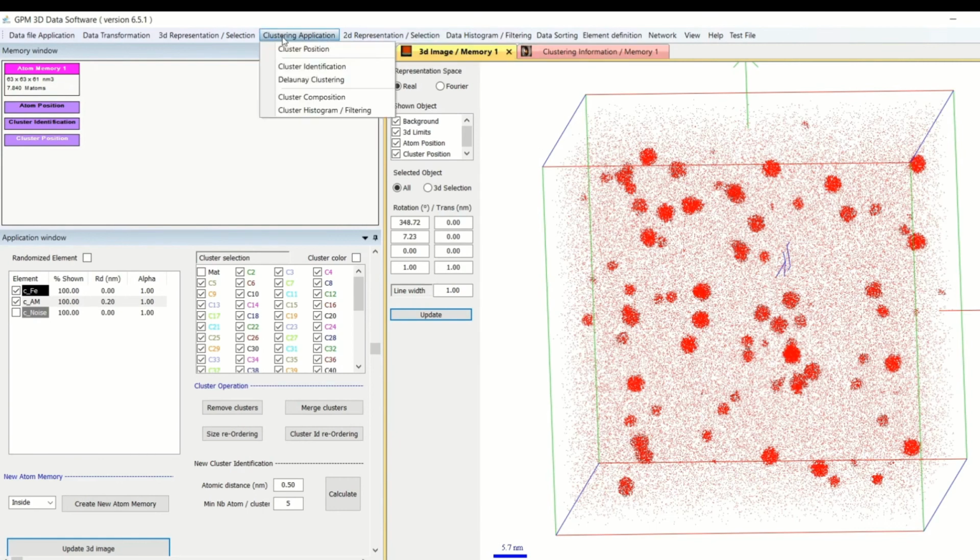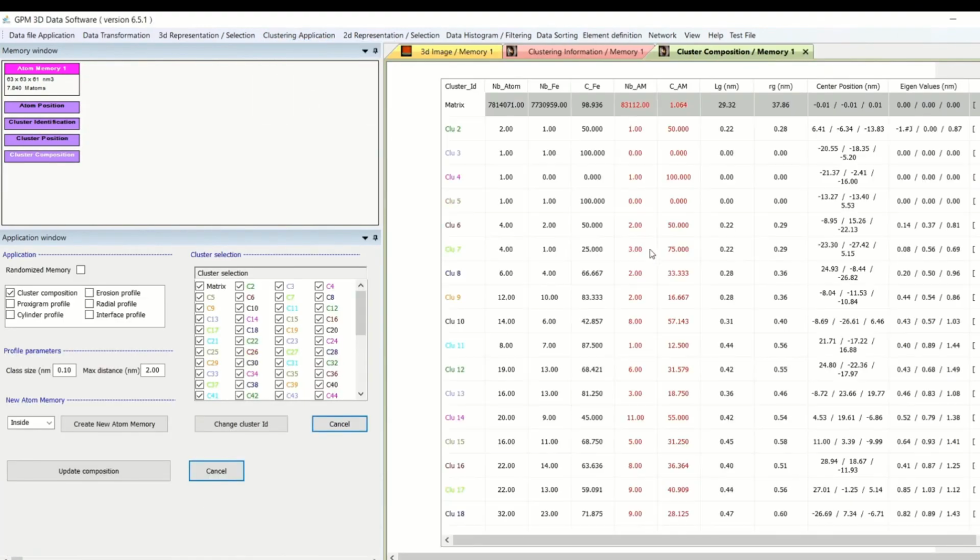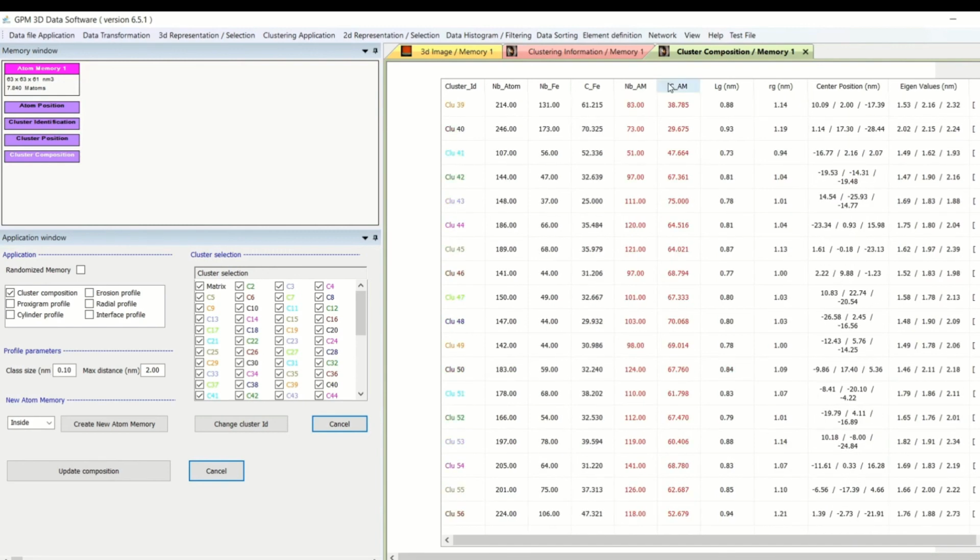And I also have information about all clusters here. You see, here I have the cluster identifier, the number of atoms inside the cluster, the equivalent radius, the Guinier radius, the coordinates of each cluster, and the results from the best-fit ellipsoid for each cluster.